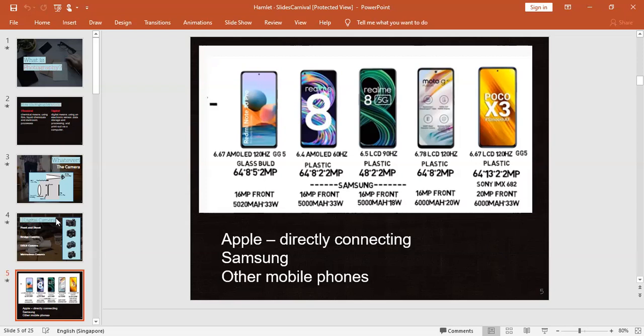Just start your photography journey with what you have. Don't think about these equipments, the tripods and flash guns and all. You no need to worry about those things. By using your mobile phone, by using some applications, there are some mobile phone lenses you can buy in the market. By using that, you can take lots of images, and also you can prove your photography knowledge and skill through that.